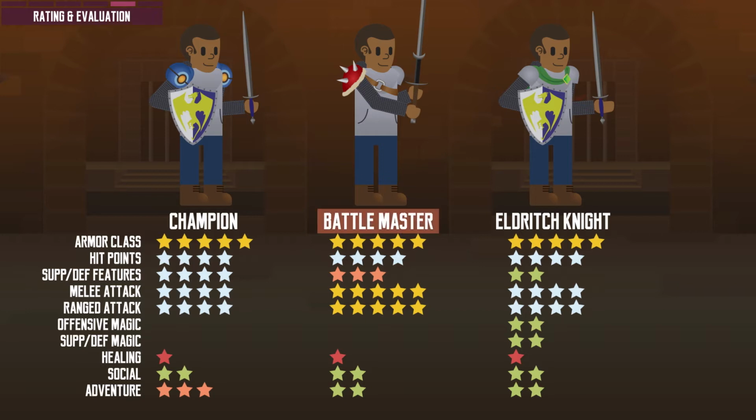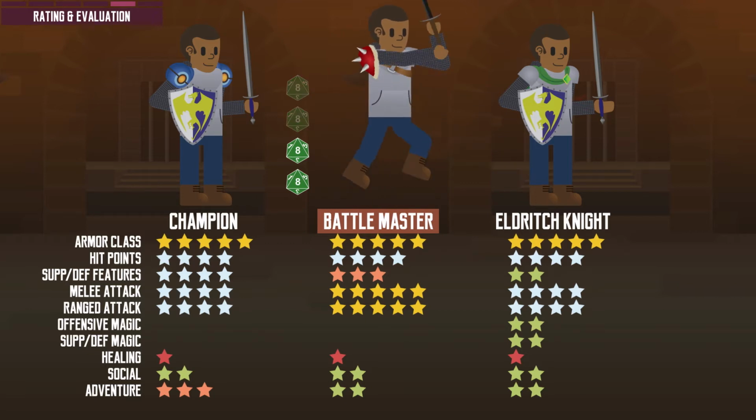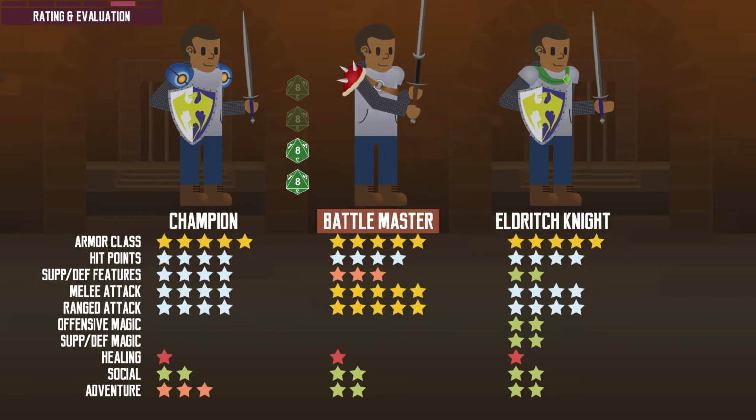The Battle Master allows for a more tactical playstyle. Using their superiority dice that fuel their maneuvers, they can control the battlefield in the hands of capable players. They can feint, trip, and then attack their prone enemy, creating advantage for their melee attacking party members at the same time. However, they have a limited number of superiority dice. They can recover them after a short or long rest, but it is still a good idea to use them